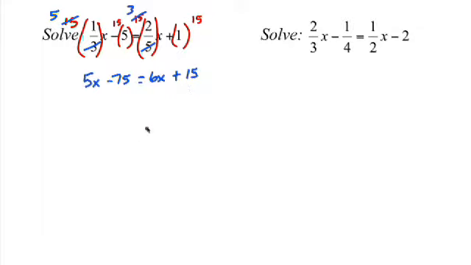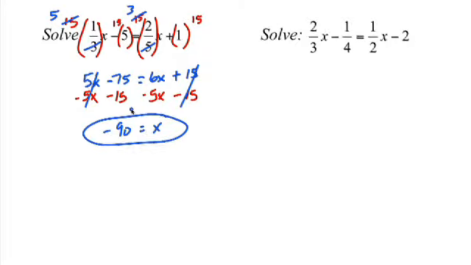So if you were looking ahead on this problem, you'll see the 5 is smaller than the 6, so I'm going to bring the x's to the right. Jerry doesn't like negative numbers, so Jerry's goal is always to make sure the x has a positive number next to it. My students taught me that. Now, your new equation here becomes negative 90 equals x, and those cancel. And what's so nice, 6x minus 5x is 1x, and we are finished with that one.